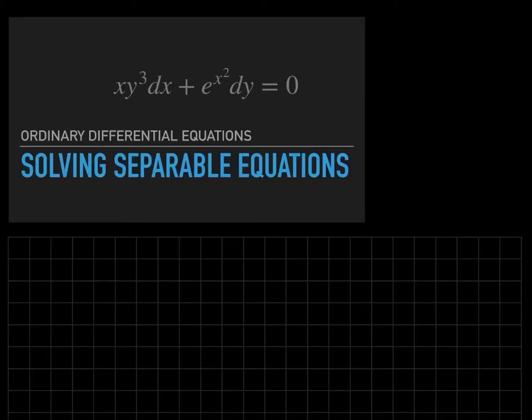So we're given a differential equation and we are told that it is a separable equation. Separable means that we can group the x's together and we can group the y's together. So there is a way of writing the equation such that the x's and the y's do not mix. So if I write that down again,